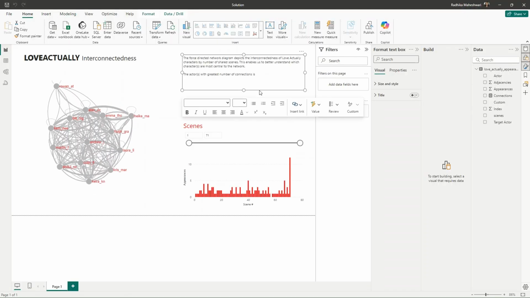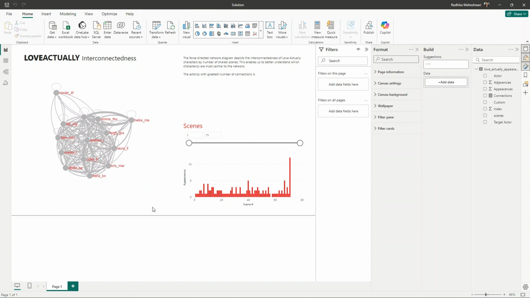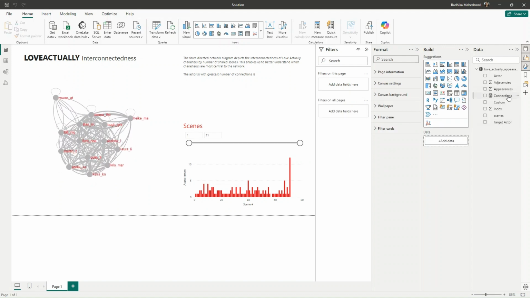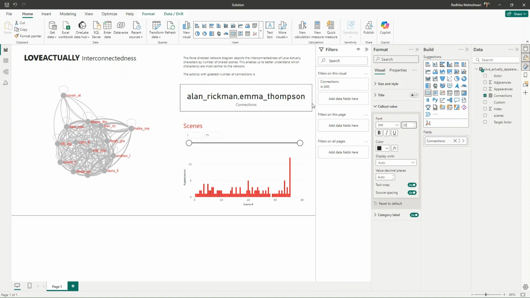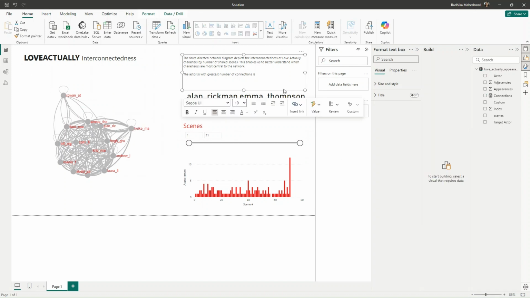Now, once we do that, let's go back here. And now I will just put this in a card for now. So if I bring in connections, I'll change the size so that we can see it. For now, when we have all the scenes, nothing is filtered out. We have Alan Rickman and Emma Thompson as the two actors with the maximum number of connections.